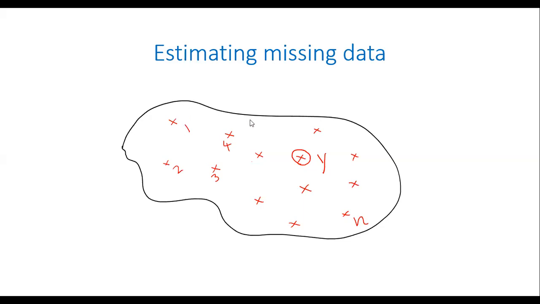Okay, so I have, let us say, n different stations where I have observed rainfall for the last 15-20 years. At station Y, I have observed for the last 15-20 years, except for the last year alone. The last year alone, for some reason, the rain gauge was not working and it did not collect any data. So the question is, what can I do to estimate the rainfall at this location Y, where I'm missing information for 1 year, but I have the information for all the other years? Any thoughts?